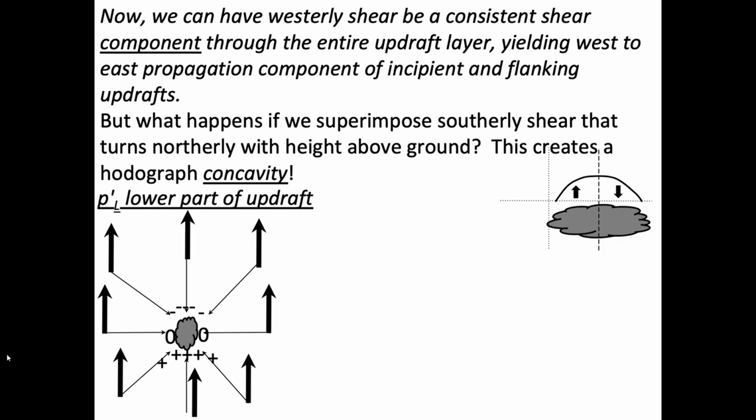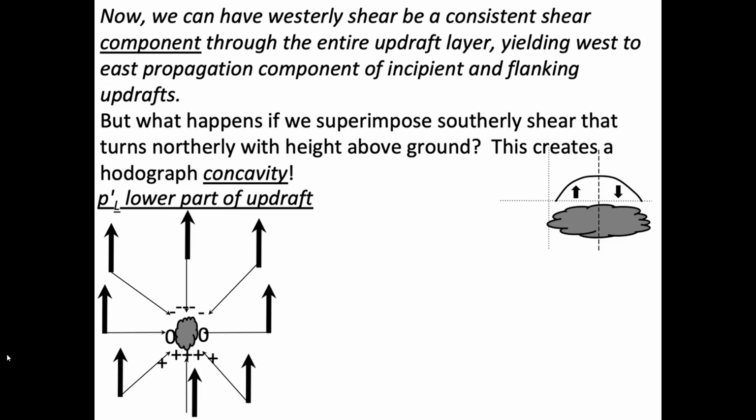And you can see that in the lower part of the hodograph, where we have the component that's not consistent, that reverses from the low levels to high levels, where we have southerly low-level shear, we have that bold low-level shear vector. You can see all the bold low-level shear vectors